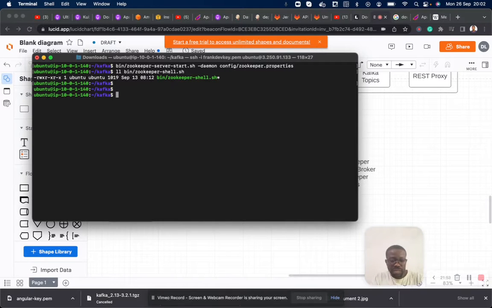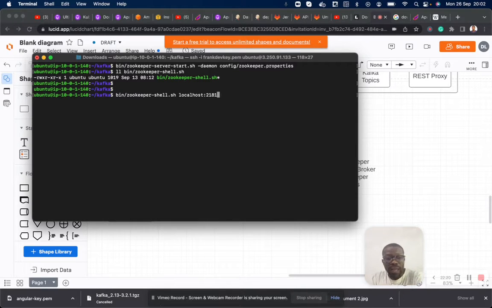We say bin slash zookeeper-shell, and we pass it localhost colon 2181, the Zookeeper server. 2181 is the port that Zookeeper uses to communicate, to send data back and forth with the Kafka broker.